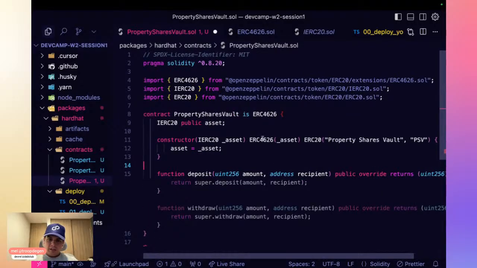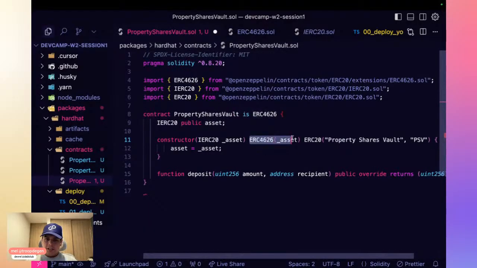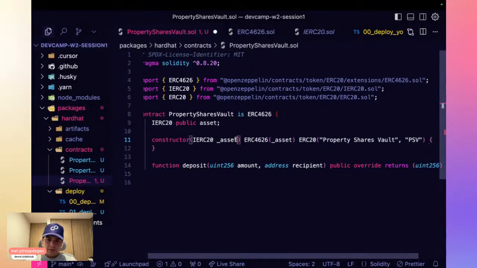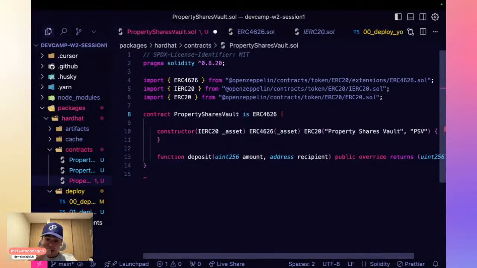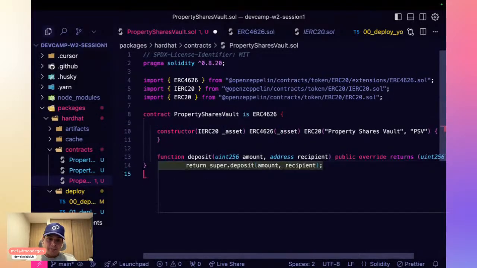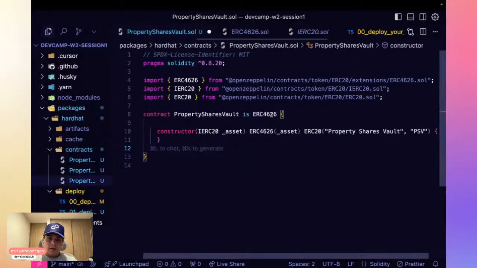Okay, sorry about that. So we needed to initialize first the ERC4626 with the asset. And actually, we don't need that in that case, because it's already going to be saved inside the ERC4626 implementation.